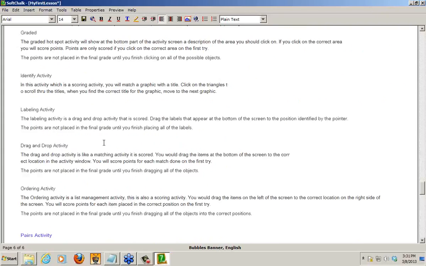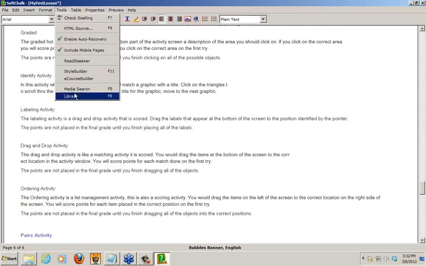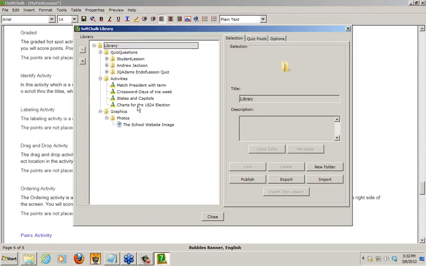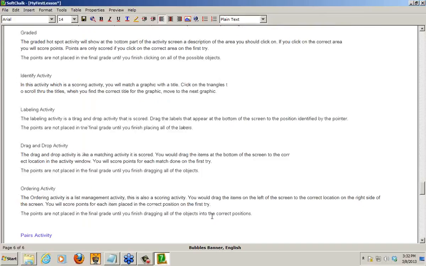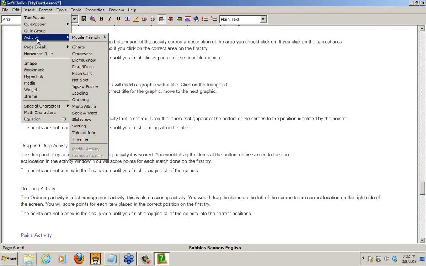Let's do a drag and drop activity. Now, if I think about what we had already put in our library, I've got a states and capitals, and that's a crossword. I've got charts. That's a charting activity. I'm not sure what that one does. Those are our activities so far. Now I'm going to click on Close My Library, and I now want to create my drag and drop activity. I'm going to click on the blank line right up above Ordering,